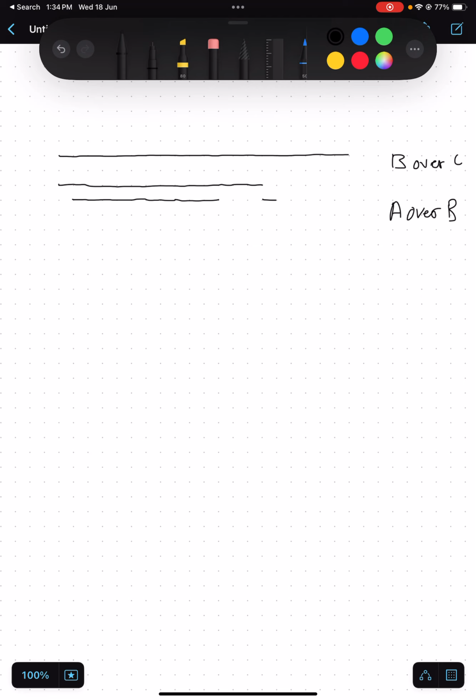And then there are a total of 12 cases where we have C over A. So what we do basically is 12 cases where we have C over A. We can't have it anywhere here. We're gonna do